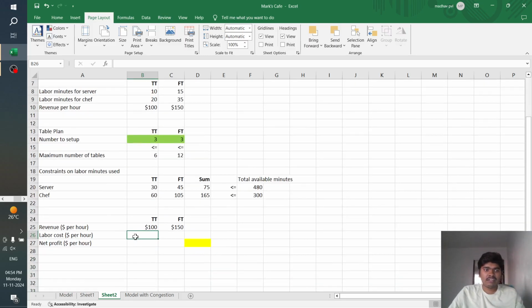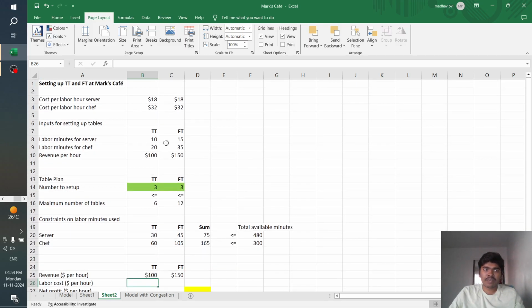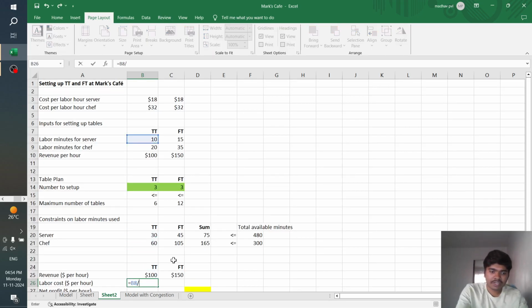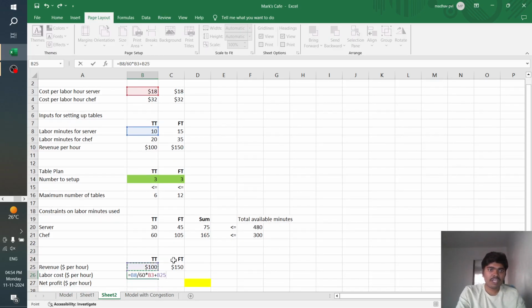So to calculate this labor cost, we need to make sure we convert them into hours. So basically here the labor cost is in minutes, so let's just divide it by 60. Dividing by 60 gives the per-hour figure, multiplied by the cost, plus we also need to calculate it for the chef: labor minutes per shift by 60,